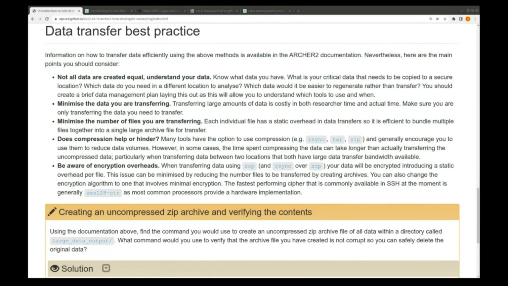So something that you may want to do to reduce that overhead, if you find that your transfers aren't quite as fast as you would like, is to change the encryption algorithm to one with, as it says here, minimal encryption. There are many encryption ciphers. Lots of them are new and very advanced, but something like AES128CTR, the one that is mentioned here,